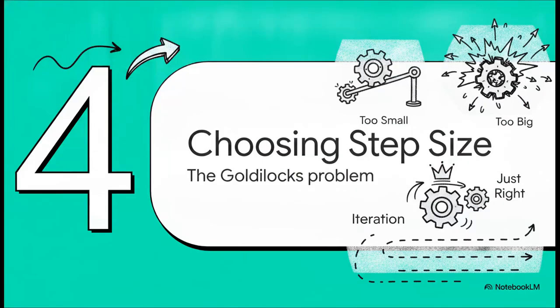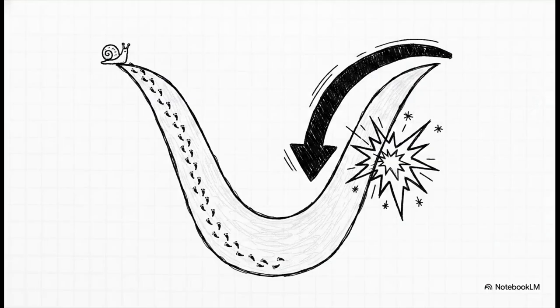Section 4, choosing the step size. This brings us to a parameter you are going to hear about constantly in machine learning, the learning rate. The learning rate is exactly what dictates the physical size of your step. If our learning rate is too tiny, well, the AI takes microscopic steps. It could take millions of iterations to learn anything at all, wasting an incredible amount of time and expensive computational